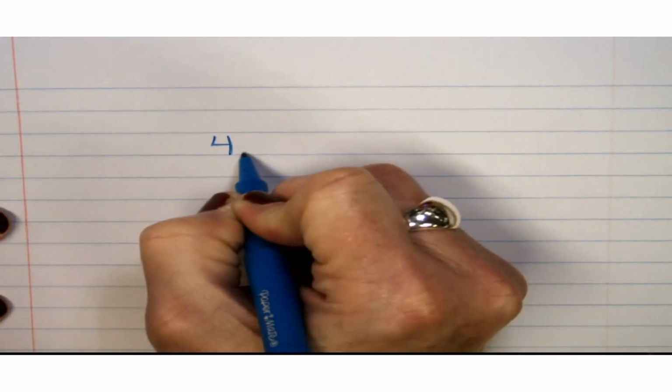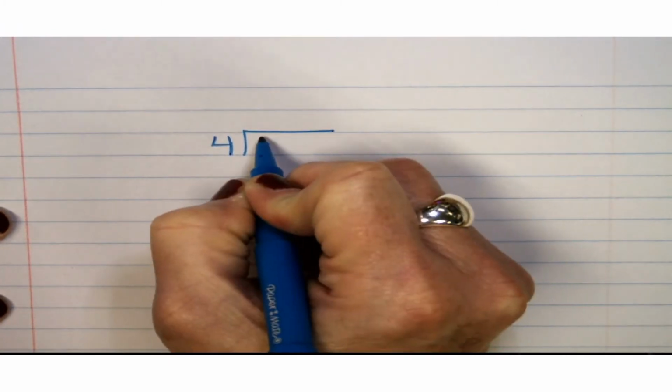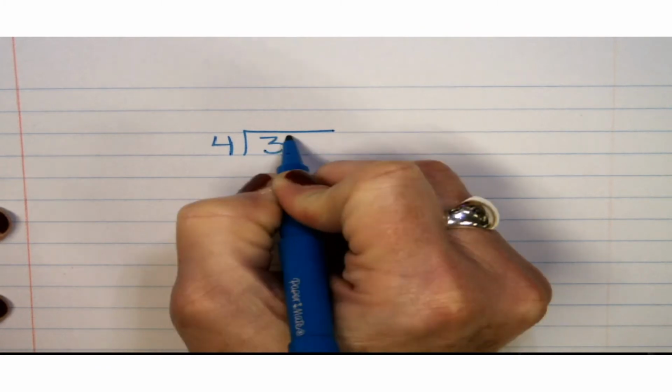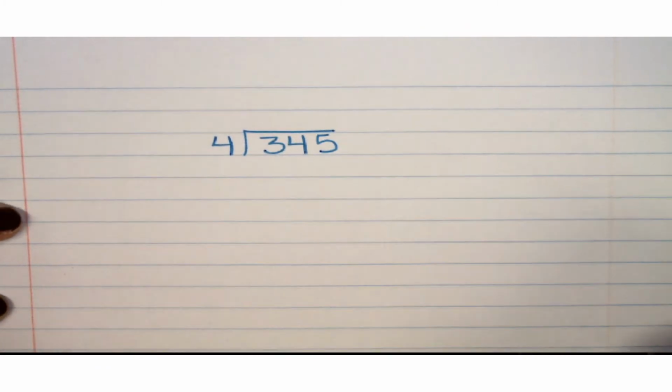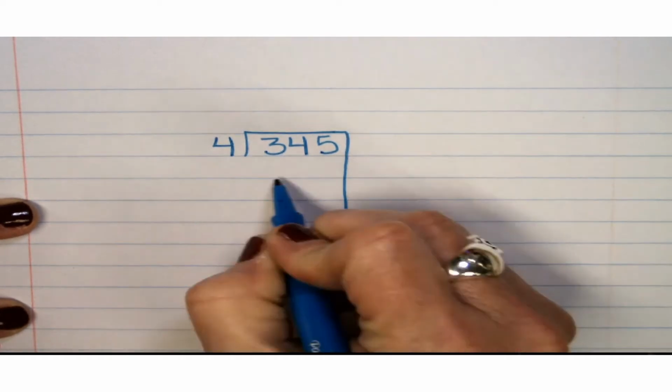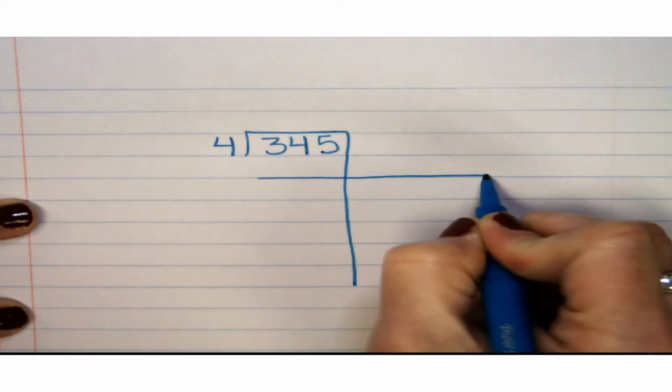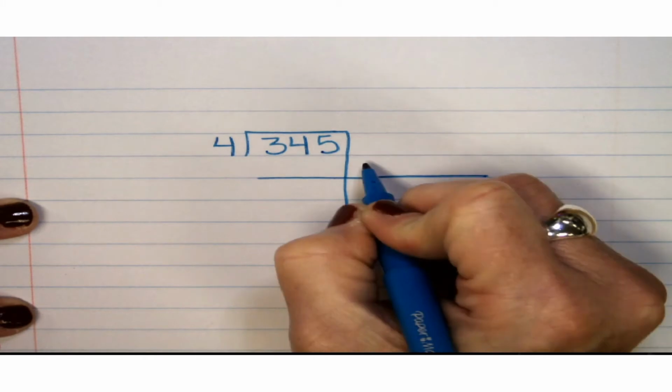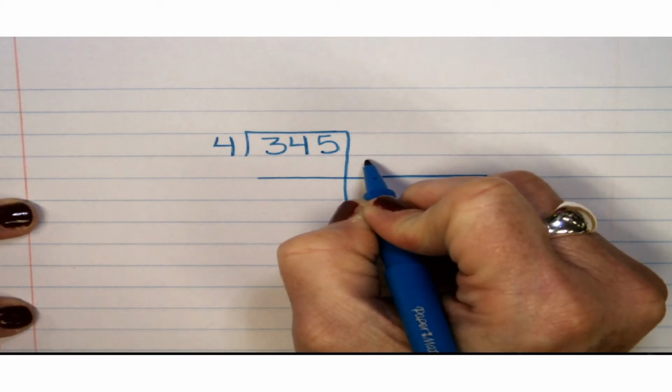Today we're going to be solving a division problem using partial quotients. We start with just our regular division problem. This problem can be read as 345 divided by 4, or we can say 4 into 345. Now for this kind of division, we want to focus on multiples of 10 and 100 to help us find